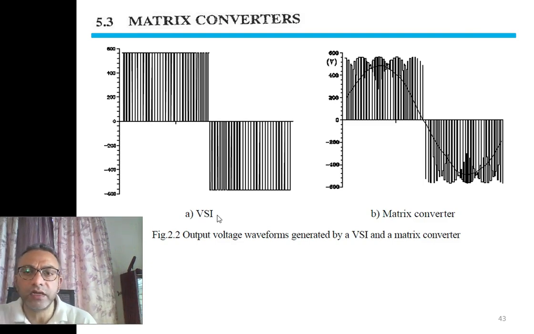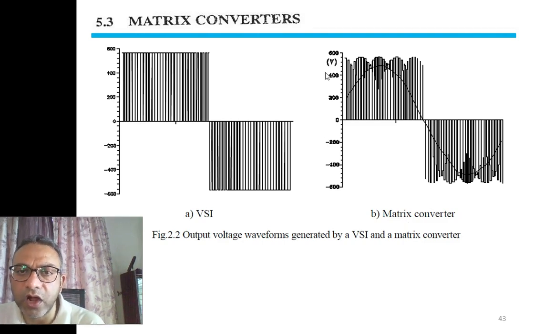In the next part, part B, this is the output voltage waveform from the matrix converter, without using diodes and without using a capacitor. As we can see, the peak is unstable, the peak is not uniform. Here in the VSI case, the output voltage peak was very uniform. However, here it is not uniform because of the input sine wave. These are the overriding three-phase voltages.